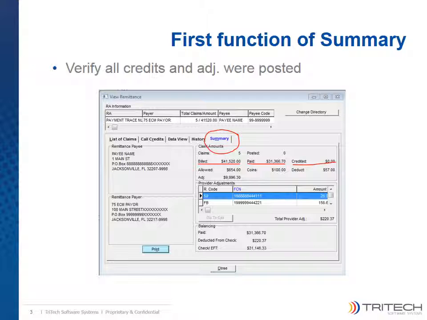been posted. Other information provided in the Claim Amounts section includes the billed amount, which is the total amount of charges in the claims included in this remittance, the paid amount, which is the total amount paid by the payer on the claims in this remittance, the credited amount, which is the total amount of credits posted from this remittance to the calls in billing, and the credit amount will also include both payments on the claims and the adjustments for those claims. Additionally, the total allowed amounts, coinsurance amounts, and deductible amounts for the claims and the remittance are